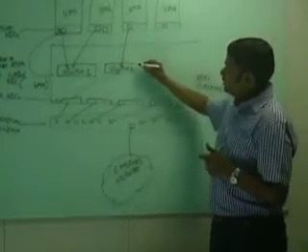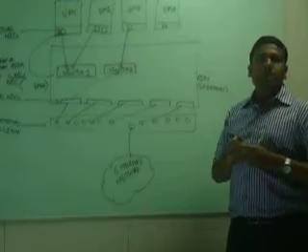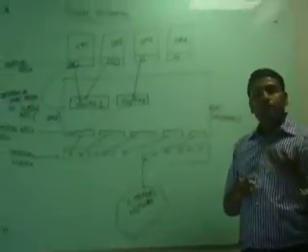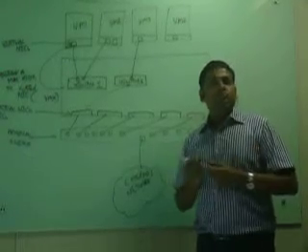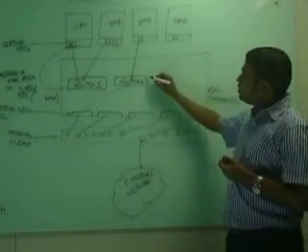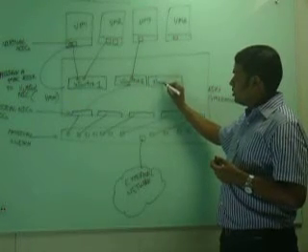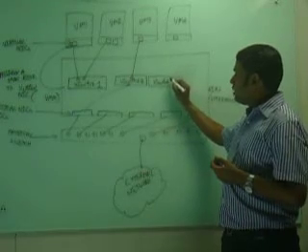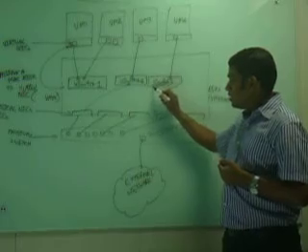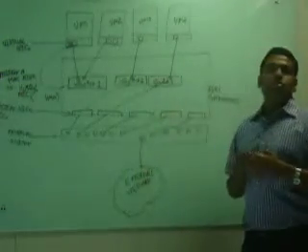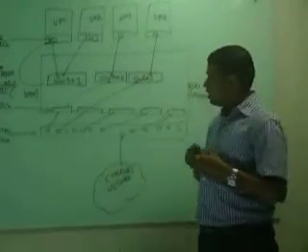Now, there could be another requirement. VM4 might be a very, very important VM, and it might have to send and receive large amounts of data which require large amounts of bandwidth. So to address this, what you can do, in my example, I would create another switch, connect this here, but maybe one NIC card would not be able to handle the bandwidth required by virtual machine 4, and hence